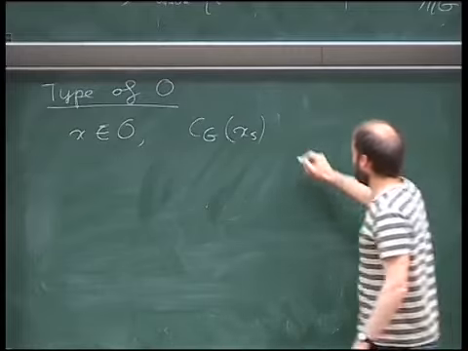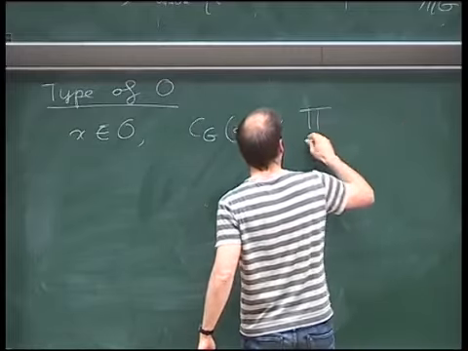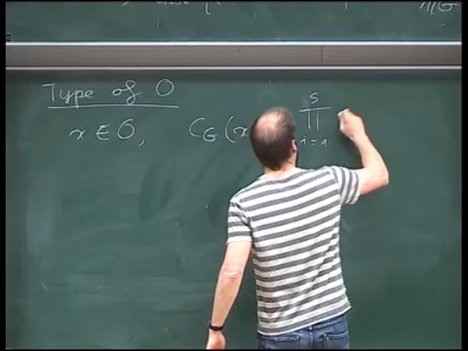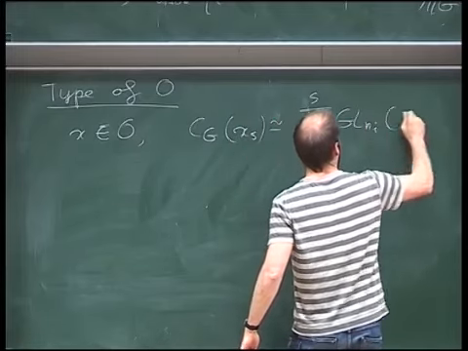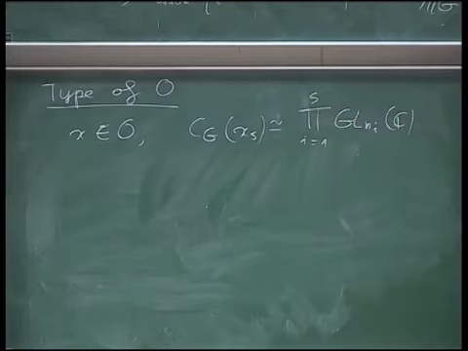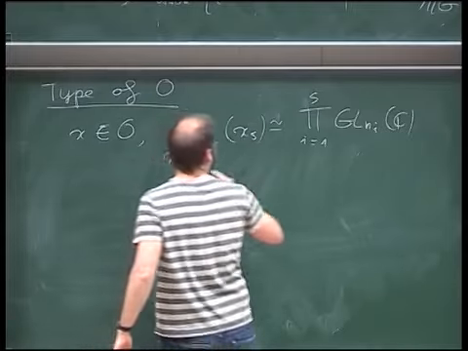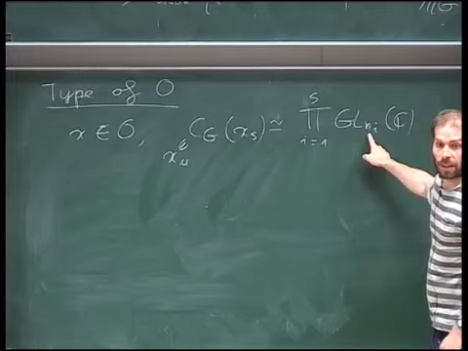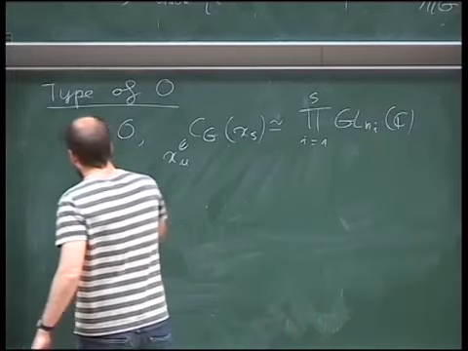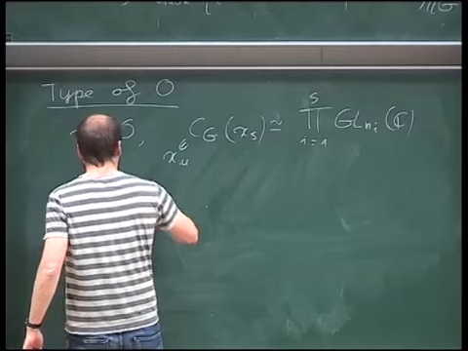It can be written as a product from i=1 to s of GL_{n_i} over C. And then the unipotent part, which lives in the centralizer, will define a partition for each n_i. So x_u defines partitions